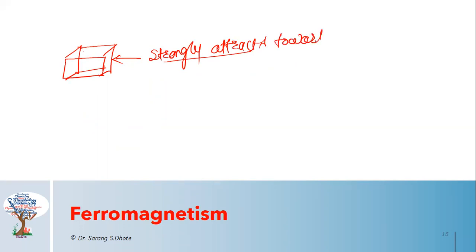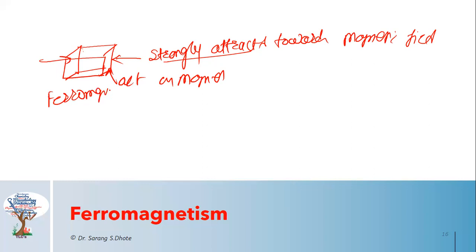Next, what is the meaning of ferromagnetic? Suppose I have a substance which is strongly attracted towards a magnetic field, and after we remove the magnetic field, it itself acts as a magnet. Such a substance is known as a ferromagnetic substance. You have all seen a screwdriver; it has a little magnetic property. This is nothing but an example of a ferromagnet. Examples of ferromagnetism are iron, nickel, and cobalt.